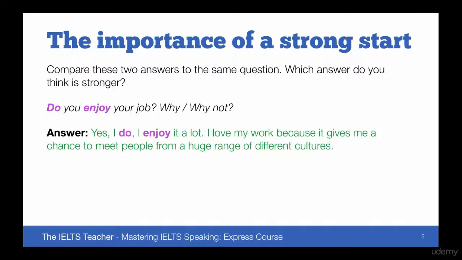Now, this is a very important point. Some tutors, some teachers may tell you that you should try to avoid using the language from the question as much as possible. This is wrong. It's not natural to avoid language in the question. If your friend or an acquaintance were asking you a question, it would be natural for you to use some of the same language, and that is exactly what we want to put across in part 1. Part 1 should be sort of like speaking to a friend or someone you are close to. And as a result, we should try to be as natural as possible.